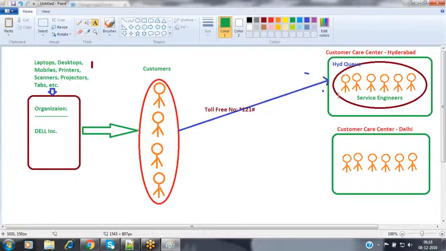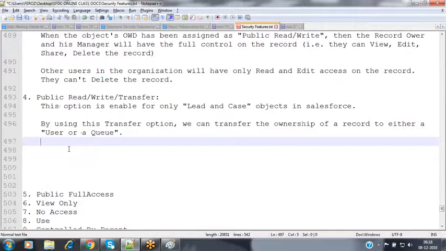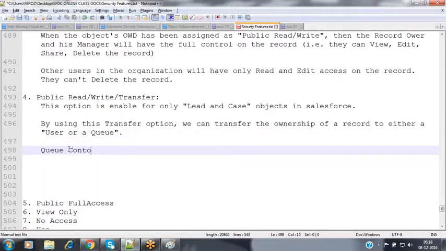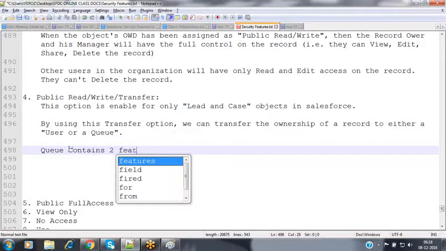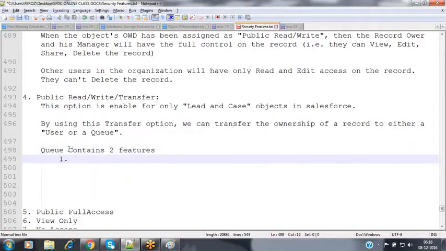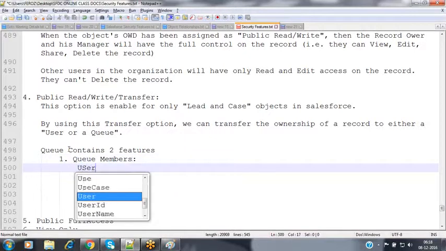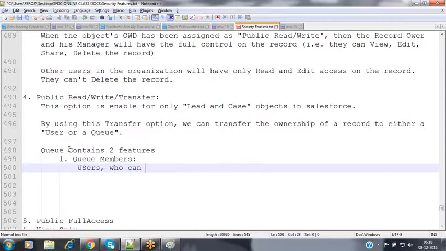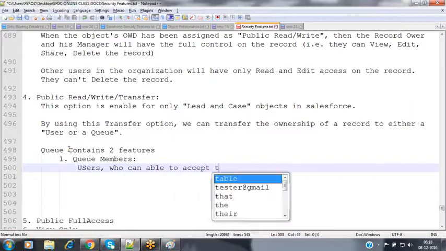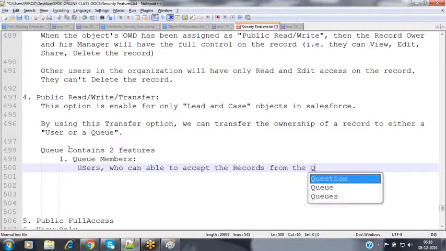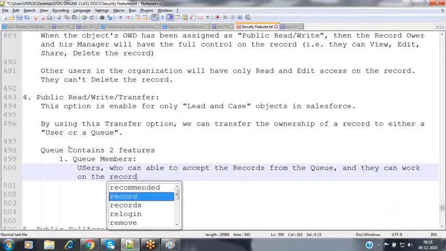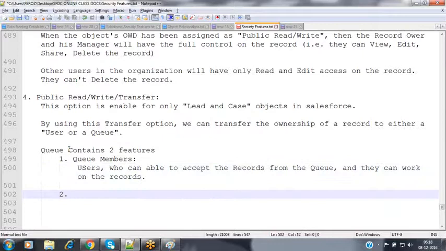The queue contains two features. One is the queue members, nothing but the users who can accept the records from the queue and work on those records.